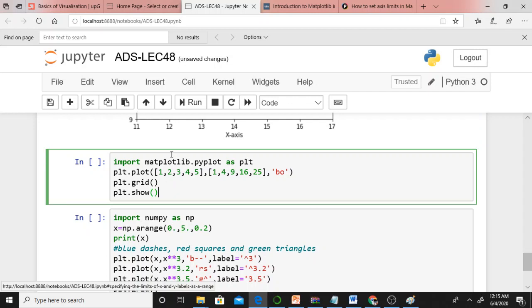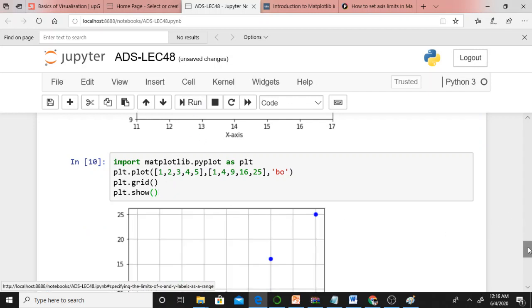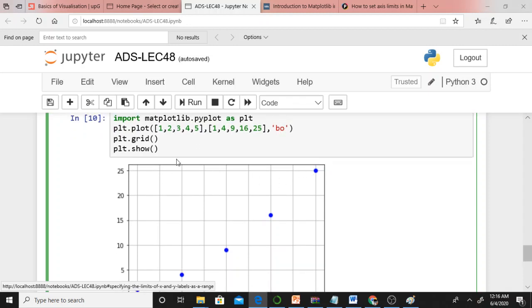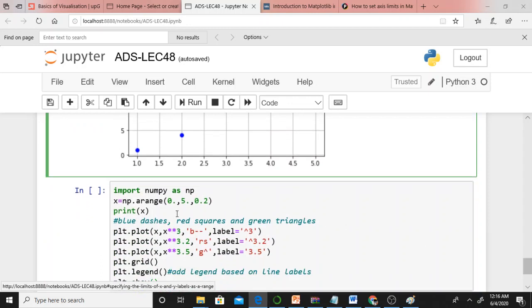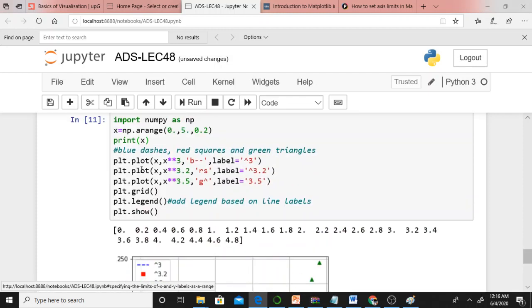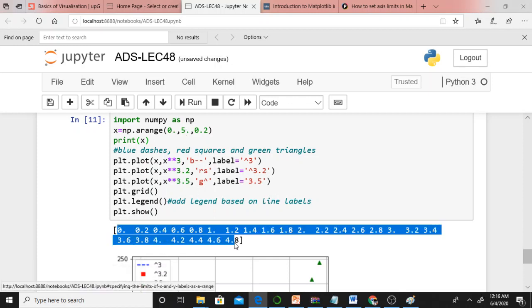Now what's happening here? Here I am adding grid. Just see, plt.plot: this first list is the x coordinate, the second list is the y coordinate. B means blue, O means it keeps circle type symbols, then grid, you are getting the grid, then plt.show, isn't it? This also we discussed, it is simple. Now we are calculating arange with 0.2 step: it starts at 0 and ends at 4.8. Why? Because it cannot take 5. Therefore, you are getting numbers from 0 to 4.8.